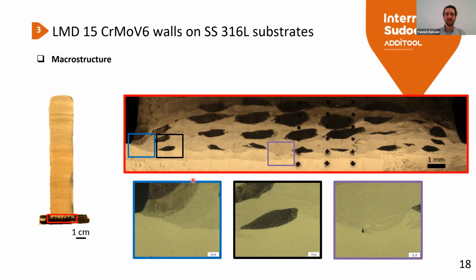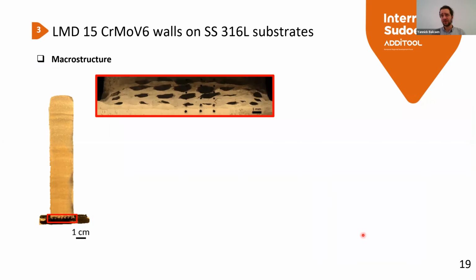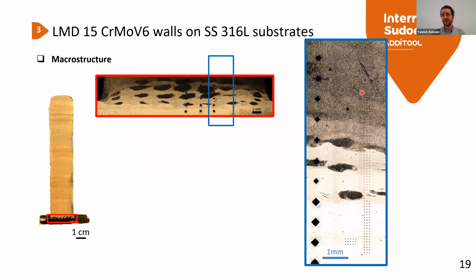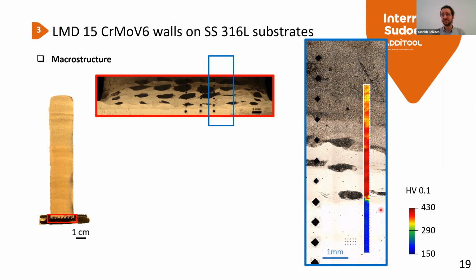We have complex shapes, lens shaped, islands, and we also have a gradient of composition of material structure. So when you take bits of this microstructure, we can measure mechanical hardness, and we can observe that the deposit has the standard hardness of